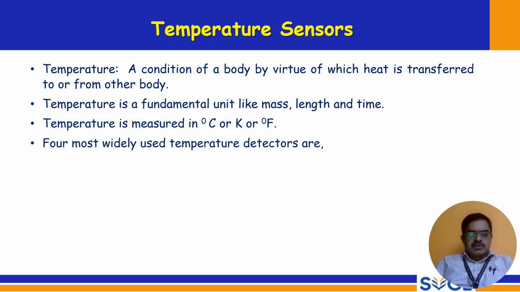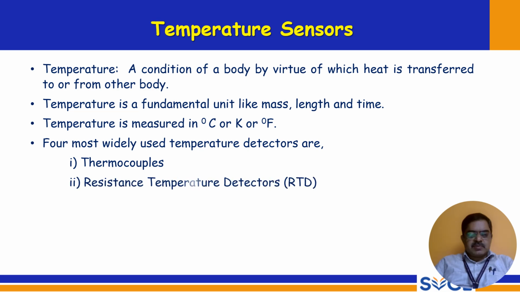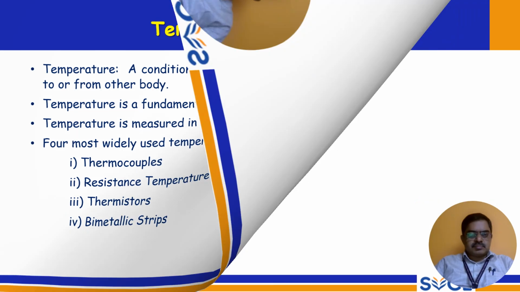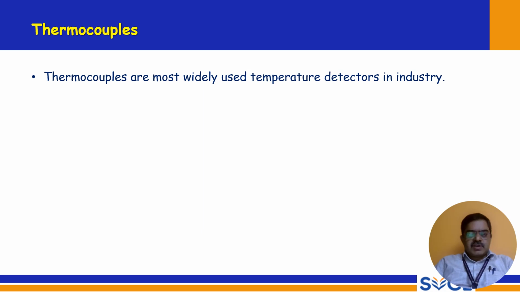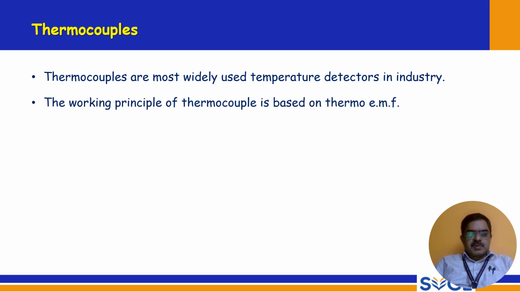The most widely used temperature detectors are thermocouples, RTDs (resistance temperature detectors), thermistors, and bimetallic strips. So these are the four popular types of sensors. Thermocouples are the most widely used temperature detectors in industry, and the working principle of a thermocouple is based on thermo